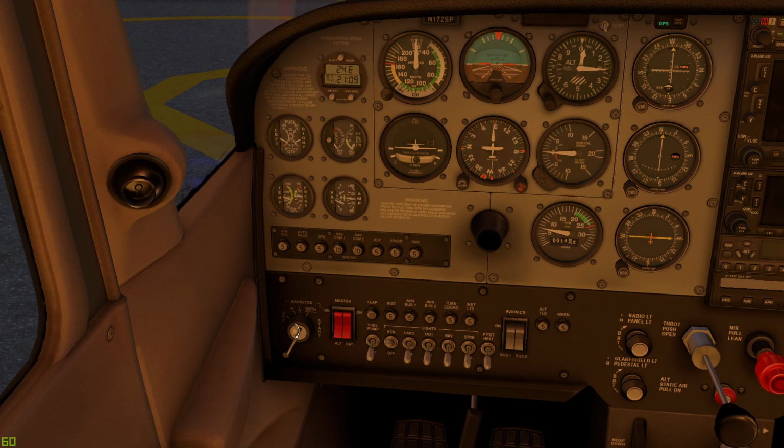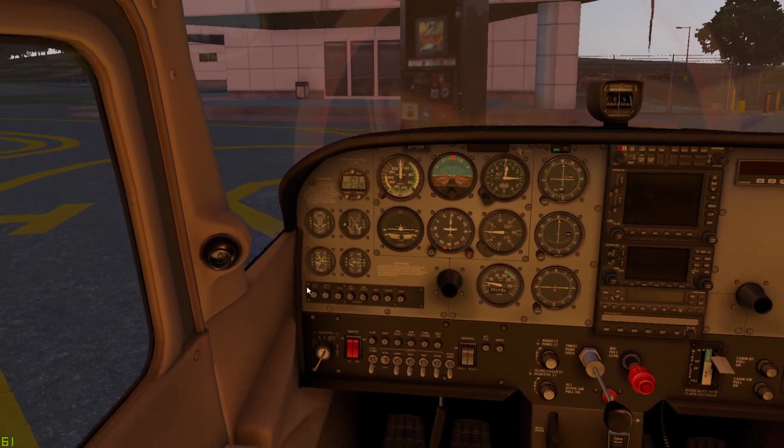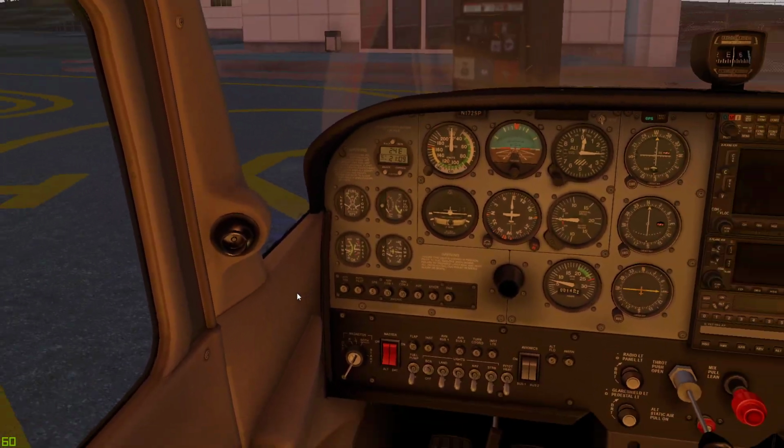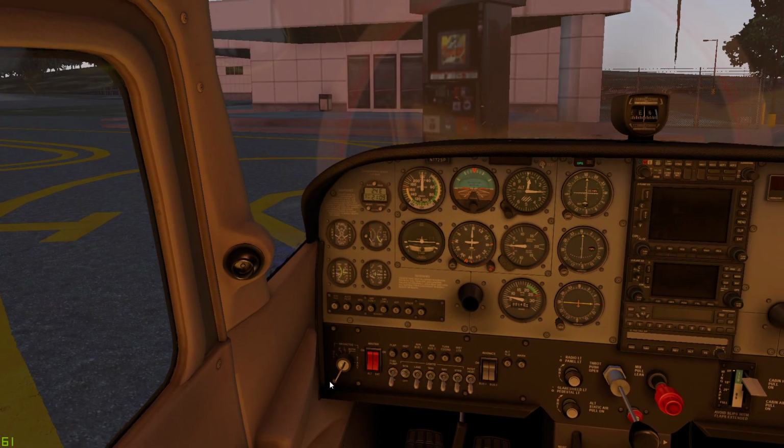Ignition grounding. Okay, so this is a neat little trick. You should know that this is something that's a safety precaution. You need to ground the ignition here. And all this is basically put it on the right magneto and then very quickly switch it to off and then back to right. If the engine stays fully running and you don't see the engine attempt to stop like it did,